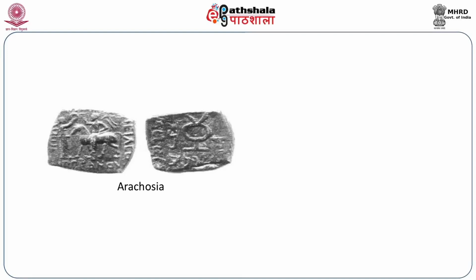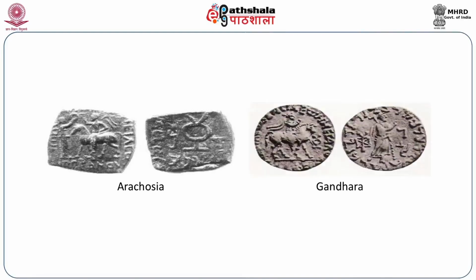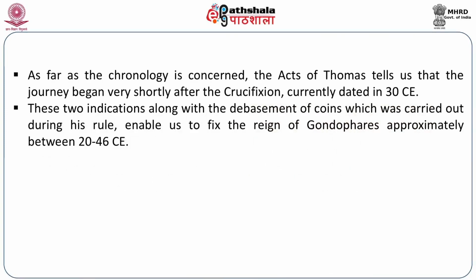Here we can see in the coins of Arachosia, we have a mounted king on the obverse, and on the reverse we have the representation of the Gondopharian symbol. From Gandhara we have the mounted king riding, and then we have Zeus looking towards the right. In these coins, please notice that stylistically they are different, a little degraded from the coins of the earlier period. So there is no naturalism in the modeling that we found in the coins of the Greeks. As I mentioned, the Acts of Thomas.